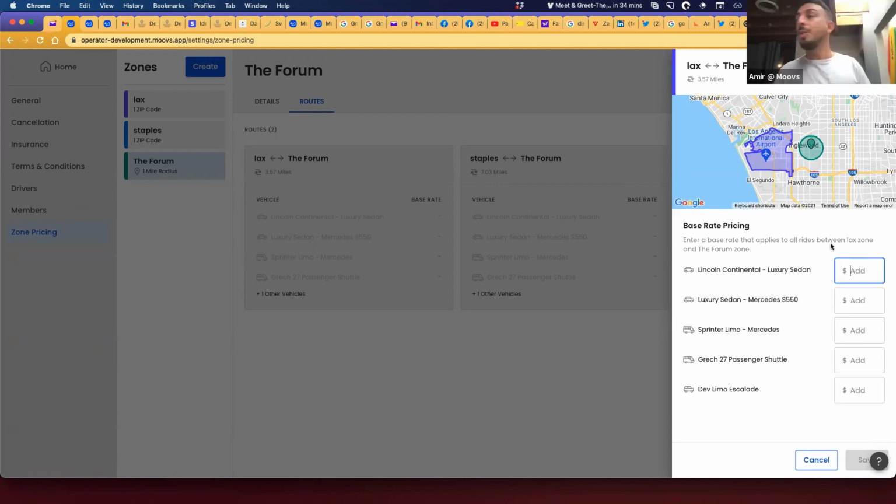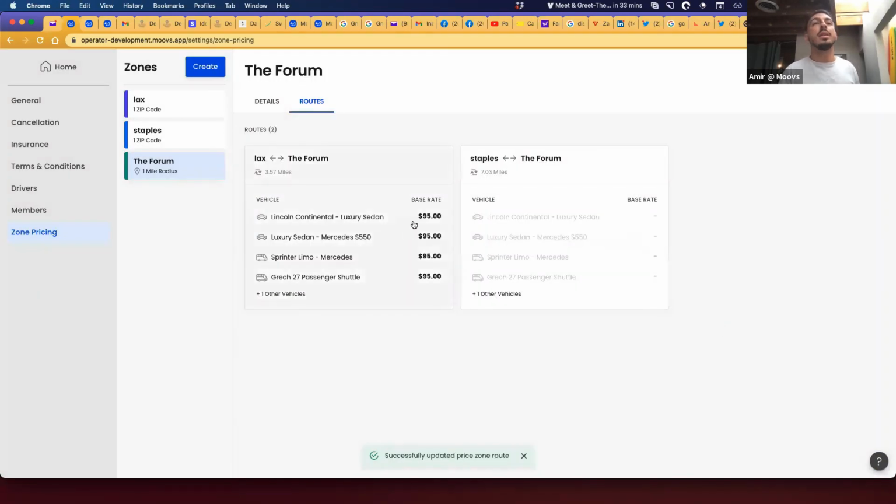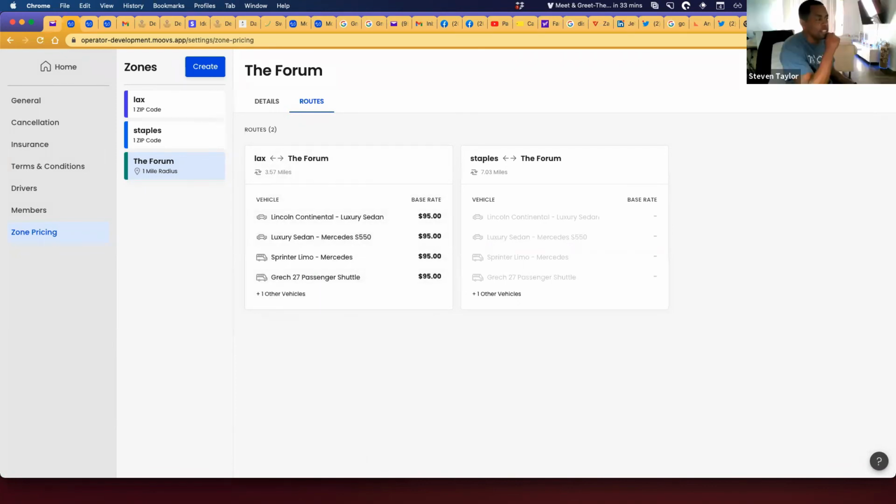So then here you would go and assign those prices for all your different vehicles. And after you set these prices, you can save. Now these are the vehicle base rates that will always show up on the customer app and on your internal Moovs app. Oh, okay. Yeah, gotcha. Whether it's 7 minutes down the street, it costs $95 to go down the street.